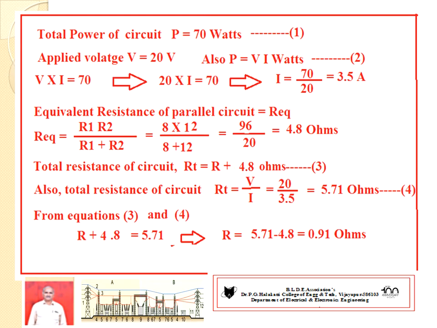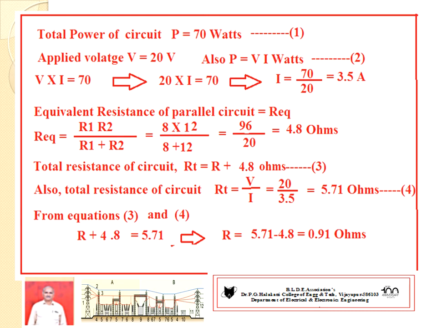Hence we have to use power equal to V into I. Power is available, V is available. Therefore, by Ohm's law, power equal to V into I. Then I equal to P by V, 3.5 ampere. Then again you proceed. Equivalent resistance of the parallel circuit, this value you are going to get as 4.8 ohms. Total resistance of the circuit is R plus 4.8 ohms, which gives equation number 3.